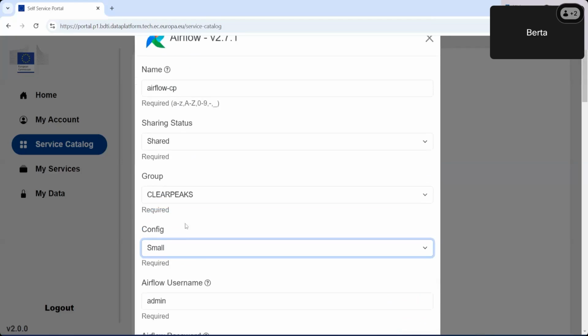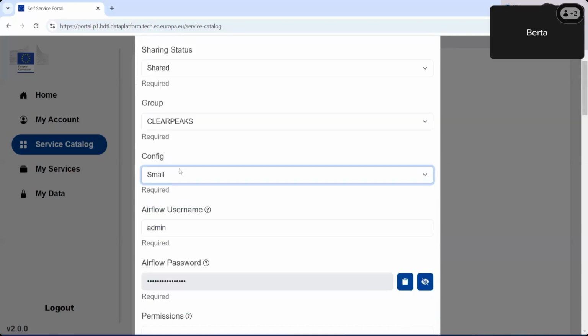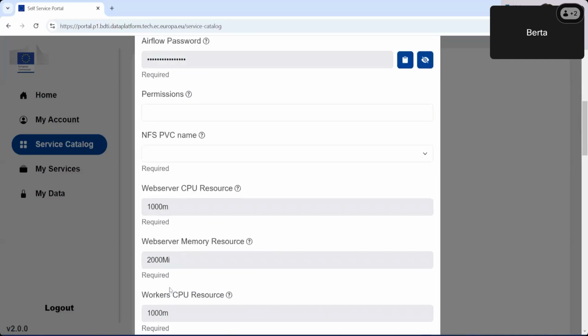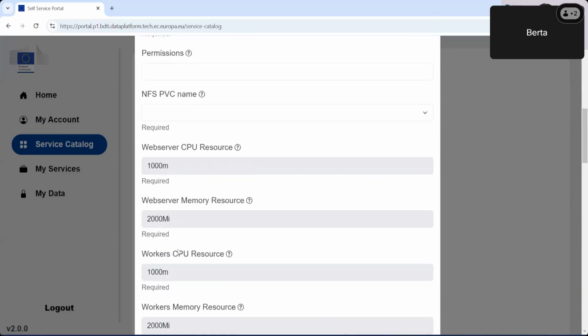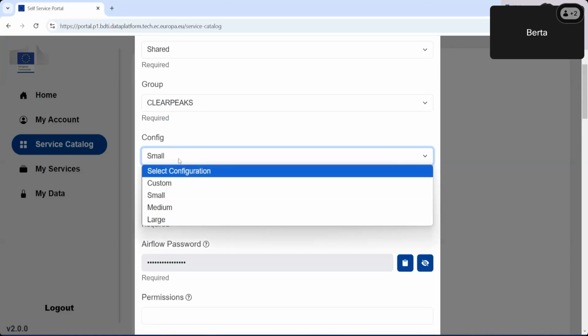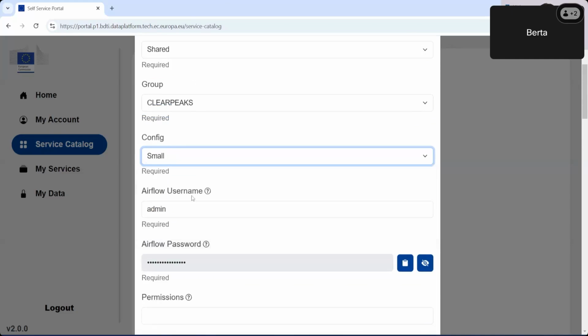If you attended the previous workshop, you will already know this, but the sharing status, we usually make it shared so that all the people in the group have access to the same instance and we can share things. Then the configuration is already predefined resources, so CPU, memory, etc. We can make it small, but if we were working on a larger project or we required more power, we could set a custom one or a smaller or larger predefined one.